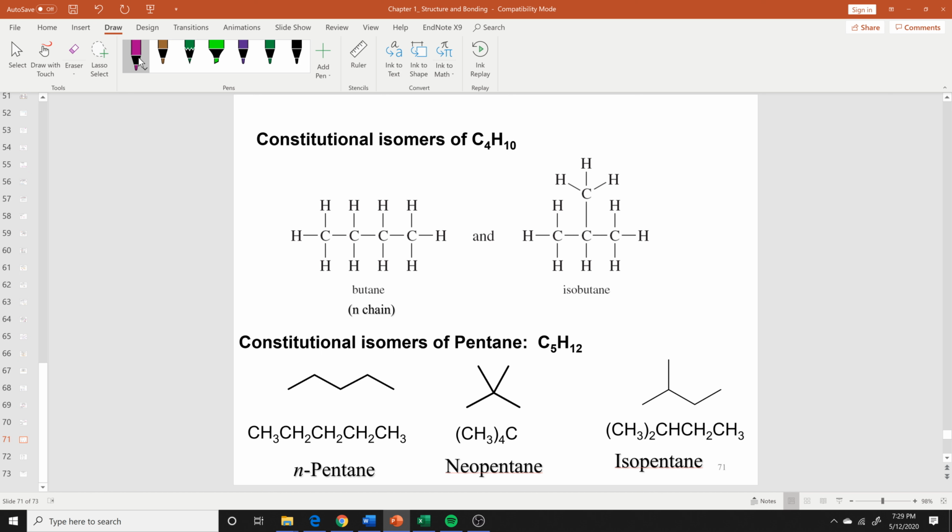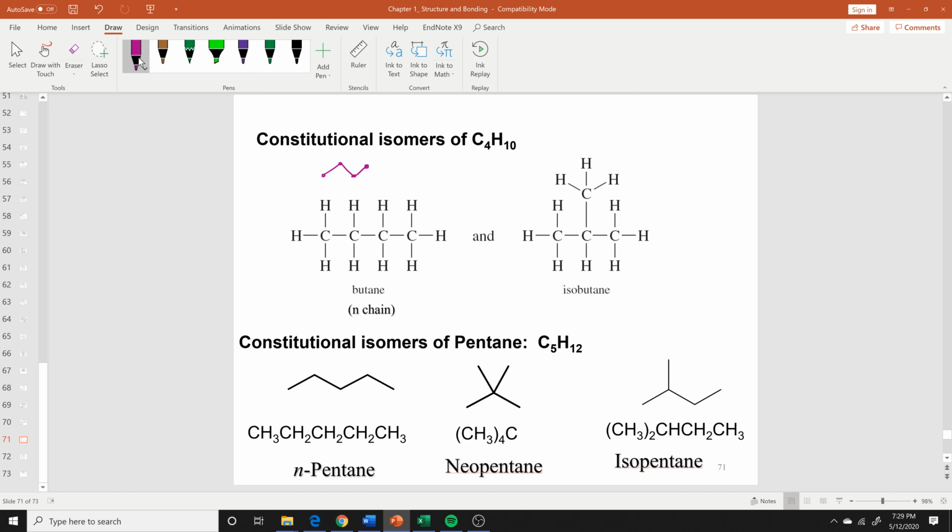What is the straight chain? The straight chain is basically carbons that are connected together. So go ahead and draw carbons. I'm drawing the structural form here and the skeletal form here. It's easier with the skeletal form. So draw the skeletal form for the alkane. This is C4H10. Count the hydrogens. Then we're going to take one carbon and move it along the chain so that we can get a different structure,